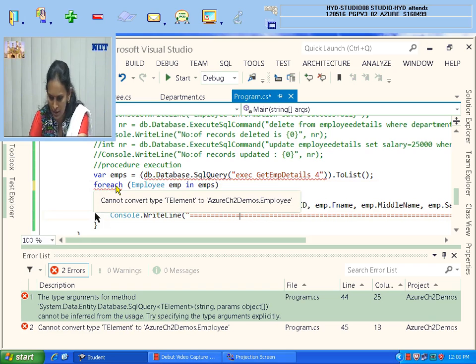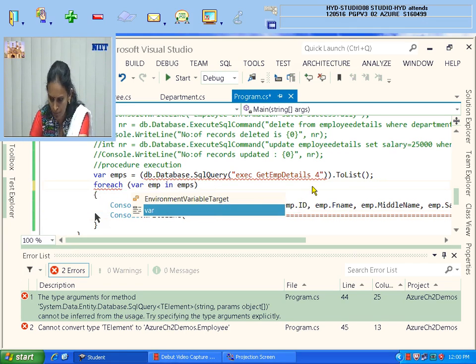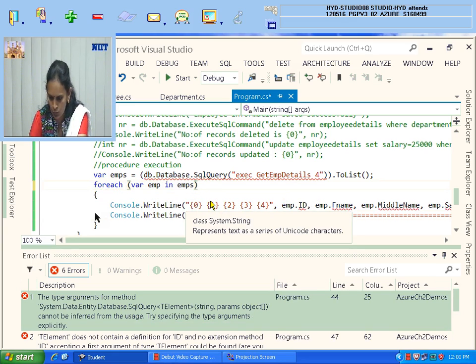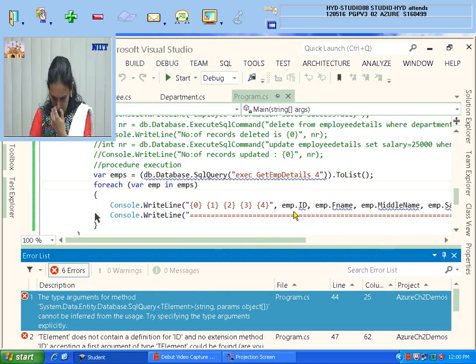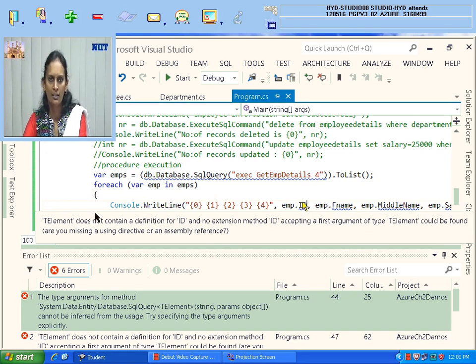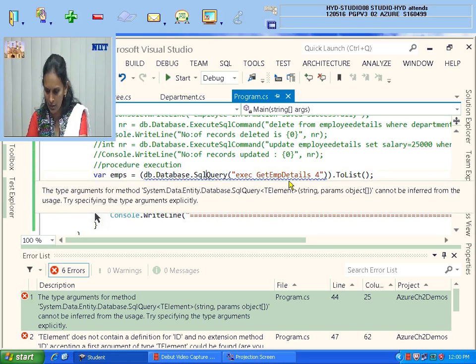Somewhere there is some mistake. Please check where I have made a mistake. Did you identify any mistake here? db.Database.SqlQuery execute.